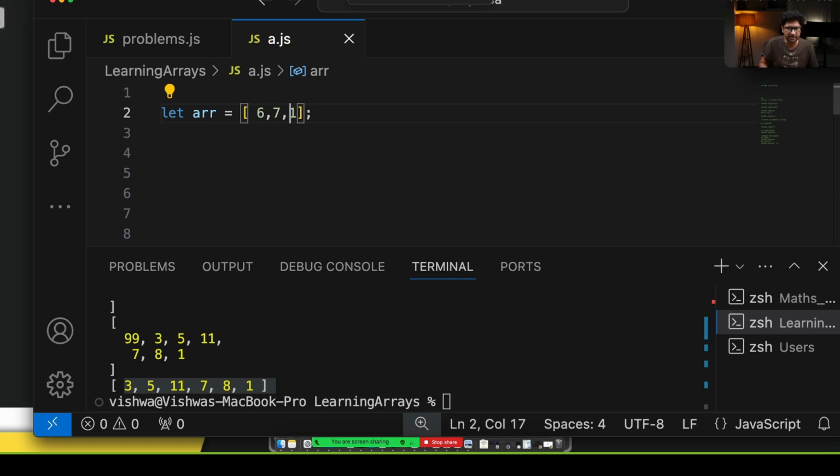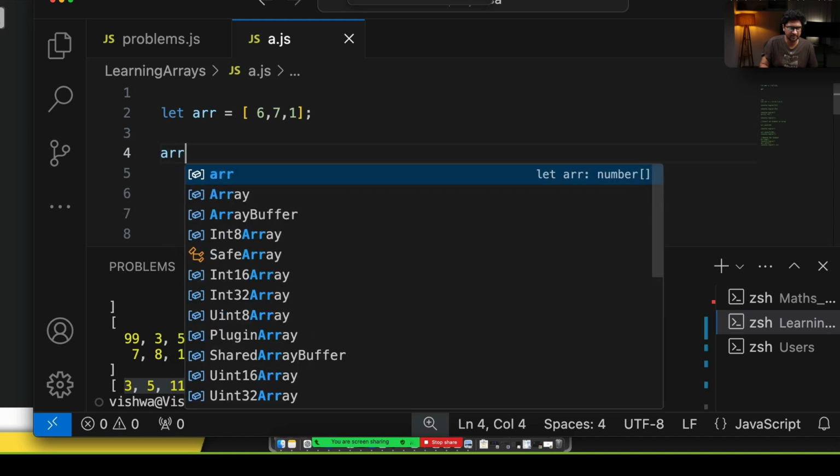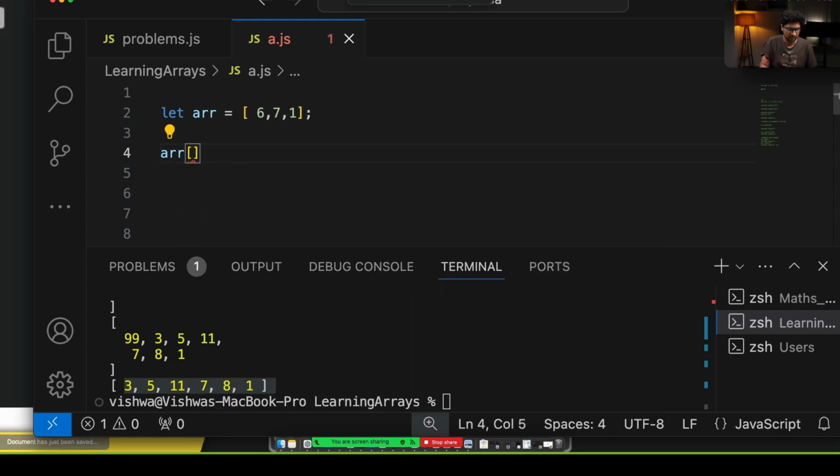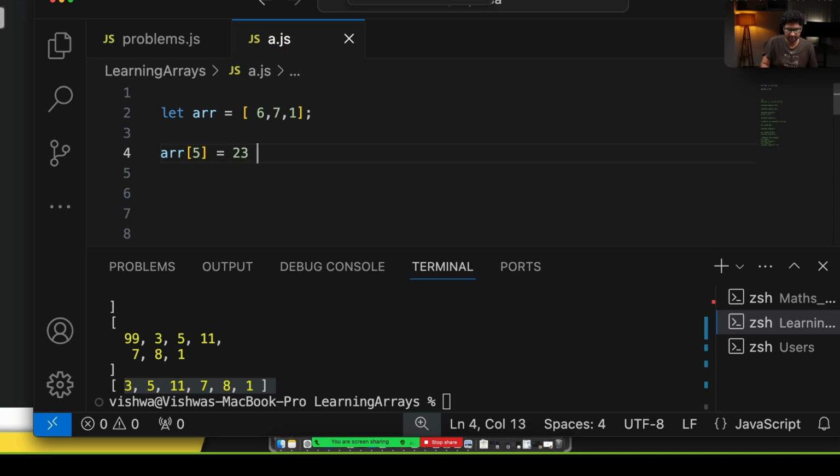And in this case, I say that array index 4 or 5 is equals to 23. You see here, this has an index 0, this has an index 1, this has an index 2. I am trying to insert at the index 5. If I go and run this,